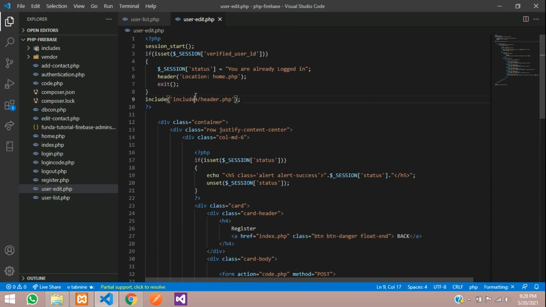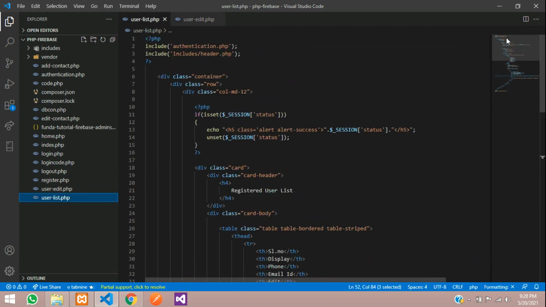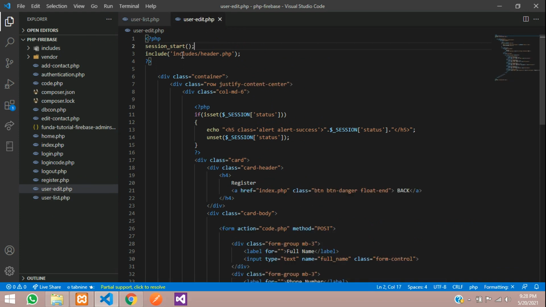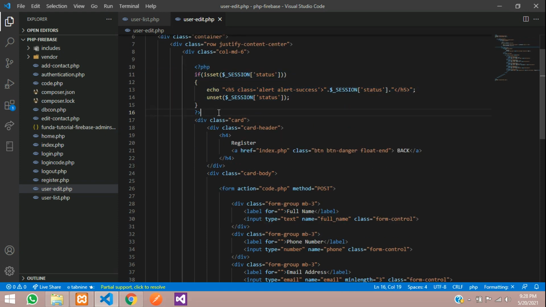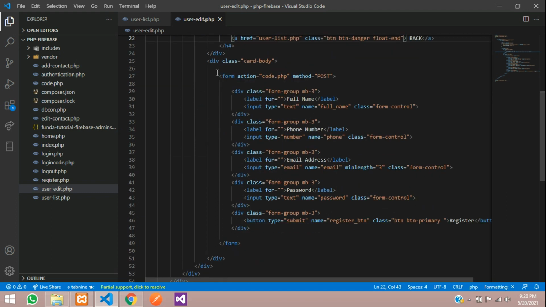Let's remove unwanted code which we don't require, and let's use authentication. Copy this and paste over here as the simple header and authentication file, and this is the code to show the message, and a simple card where we are going to say edit and update user data, and this is a back button to the user list.php file, and then a simple form.